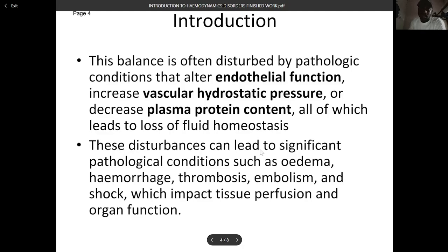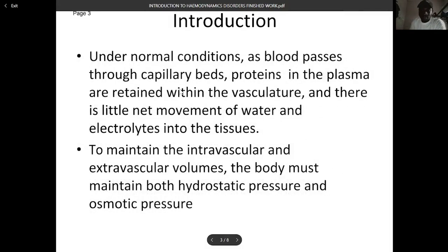This disturbance can lead to significant pathological conditions such as edema, hemorrhage, thrombosis, embolism, and shock, which impact tissue perfusion and organ function. Essentially, what this page is saying is when the